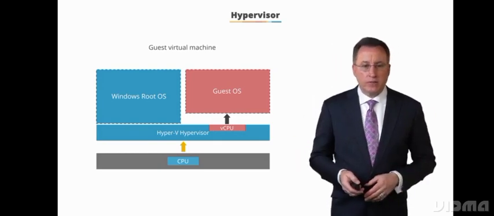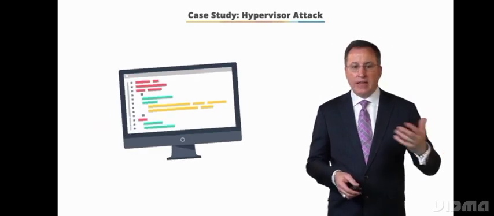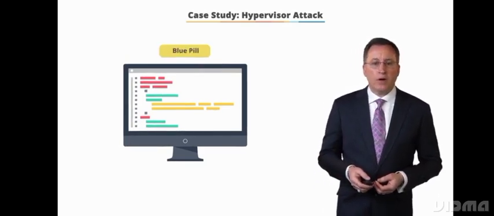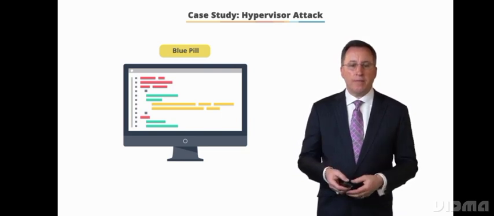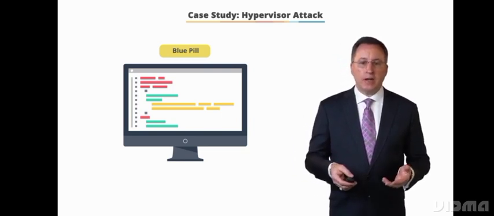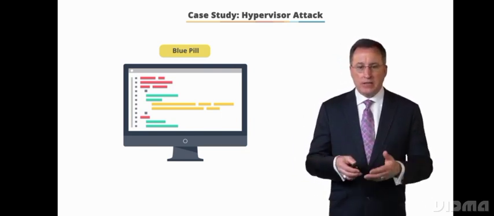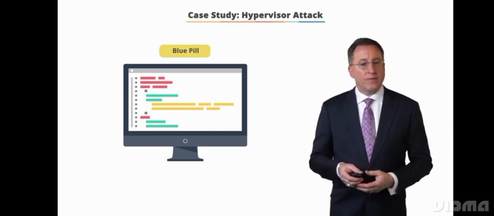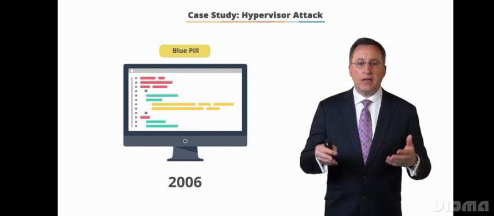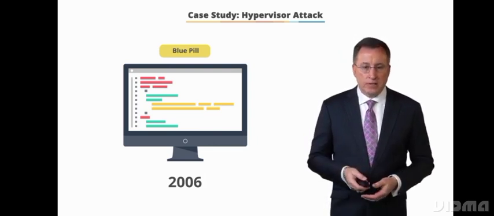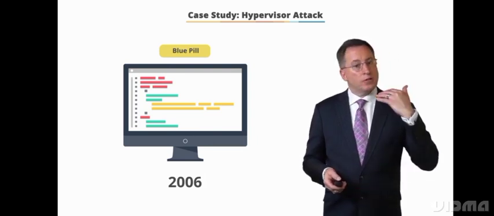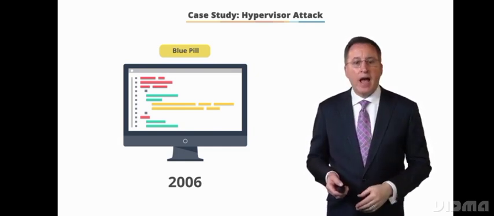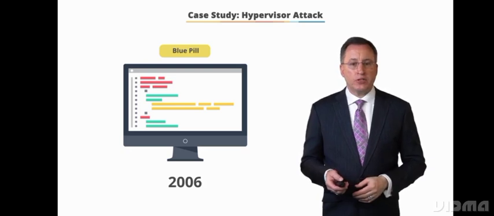local physical machine. Here's a case study, called Blue Pill. This is the software code which can be installed as a thin hypervisor and control the machine under it and intercept the communication between the guest machine and the host machine. It was originally found in 2006, and now you need a permission to download this code. So in other words, you could go from the guest machine through the hypervisor into the actual physical machine.